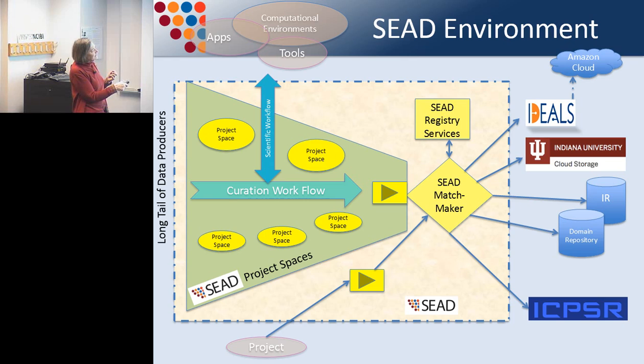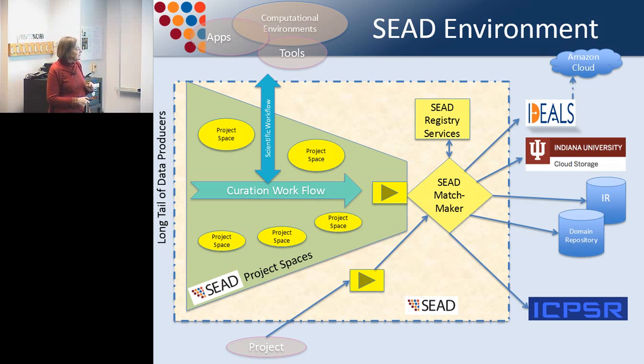And then we have a whole number of registry services that we interoperate with. So persistent name identifiers. How many of you have an ORCID ID? Does anyone know what that is? Okay, so if you have an ORCID ID associated with your data, we use that, register that. Whatever you publish through Seed automatically gets added to your ORCID profile, and there's a growing number of registry services of this type.